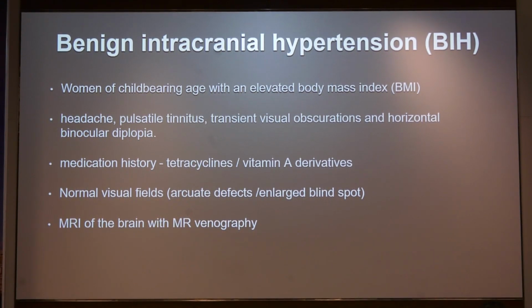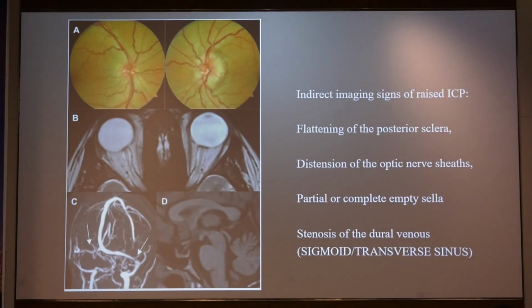We need to ask about their medication history of tetracyclines, vitamin A derivatives. You do a field test; field defects are normally not there. And in these sort of patients, we need to confirm our diagnosis by doing an MRI with contrast with MR venography. So these are some telltale signs where we can pick up that there is a raised intracranial pressure,